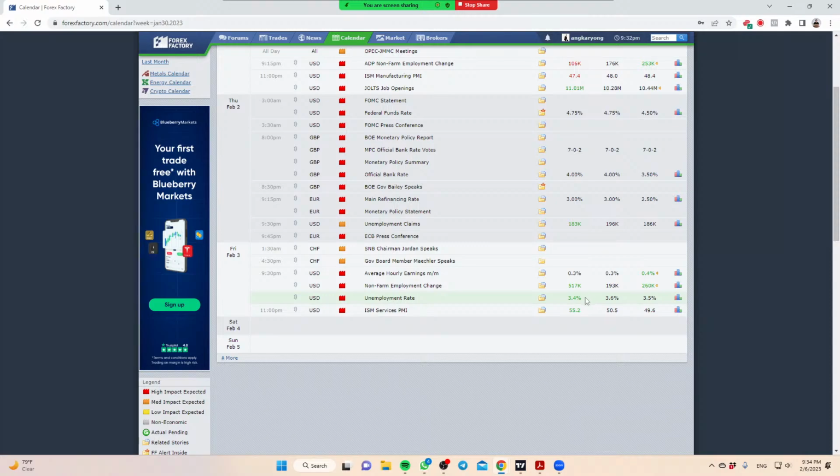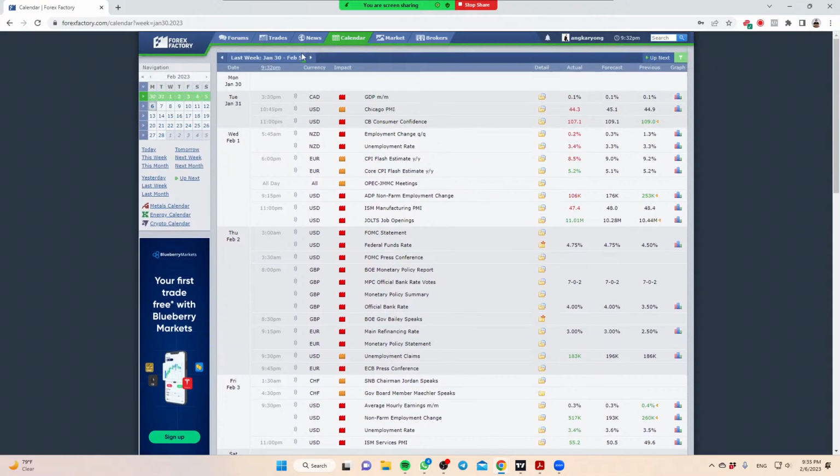Simply because there is that element of surprise where perhaps recession is not really that close, or not really that much of a concern. And perhaps there will be some profit taking on the sell of the dollar position, or even some traders decided to go counter trend, which we can see in the dollar strength, and I'll share the chart analysis in a while. So that sums up what happened last week.